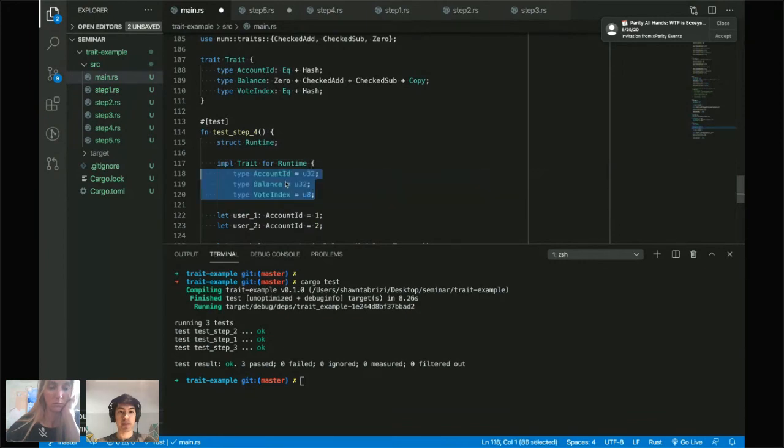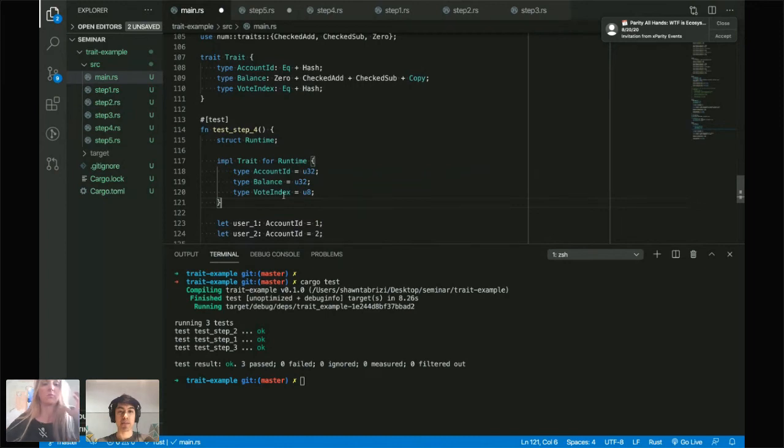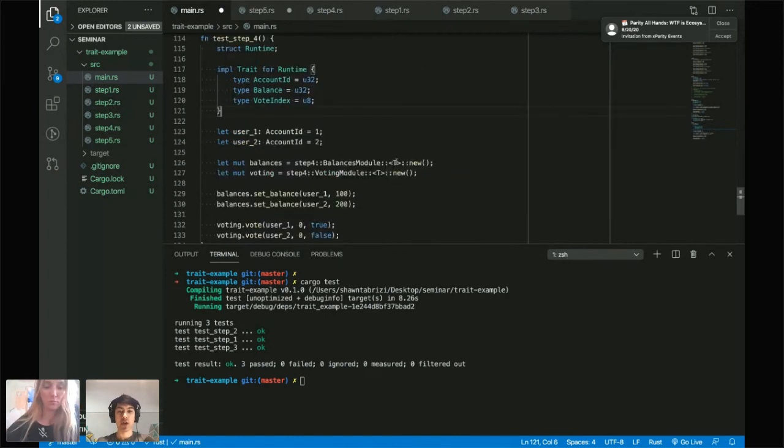Okay, so now I've defined a struct which has all these types defined in it. And instead of passing T here, I pass Runtime. I'm going to pass this struct which implements this trait and as such can derive all these types that I've defined. So this is the code we want to work, right?